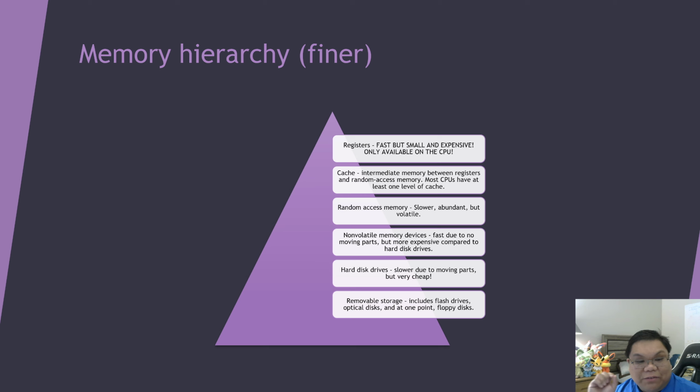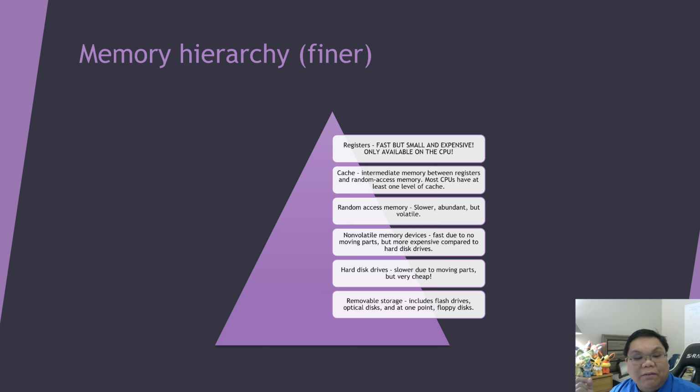Now, in the past, when we would talk about secondary storage, that just meant hard disk drives. But now we have different forms of secondary storage, mainly non-volatile memory devices. We call them SSDs, solid state drives. The thing about an SSD is that because there are no moving parts, reading stuff from an SSD is far faster than reading from a hard disk drive. They are pricier than hard disk drives, but